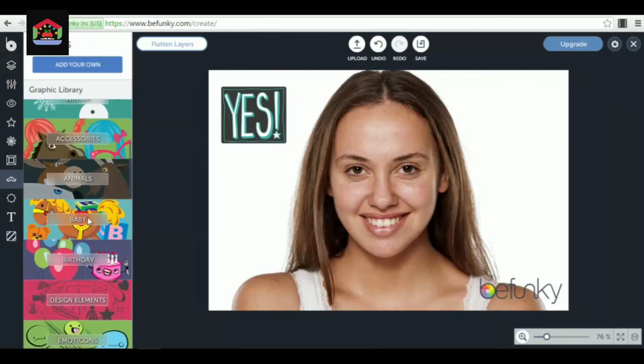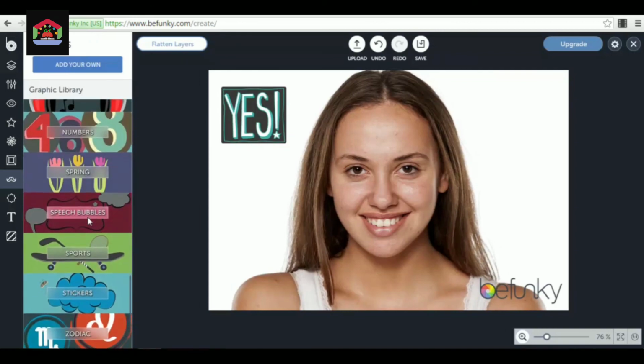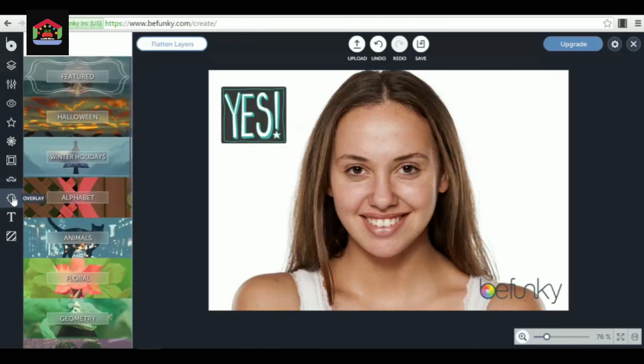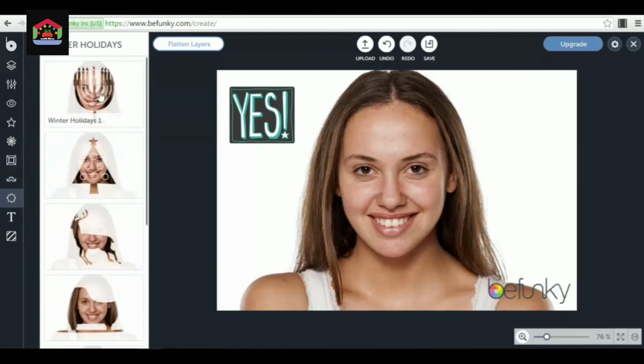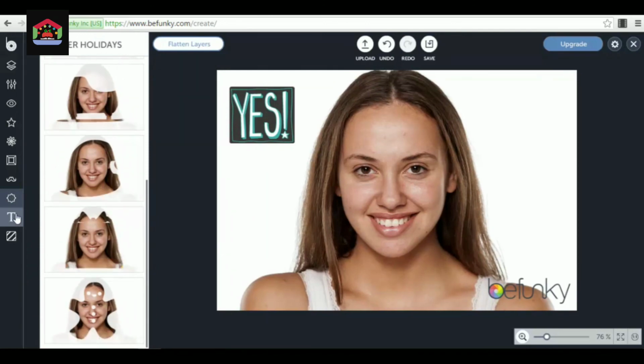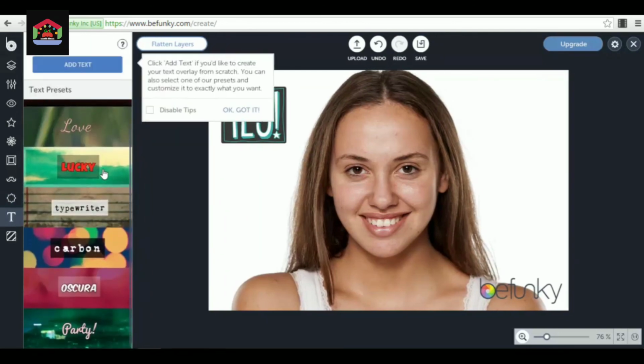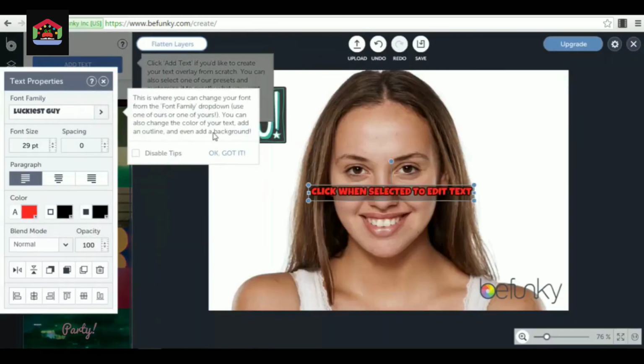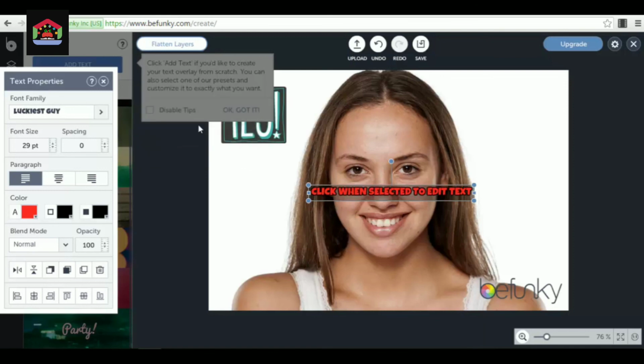You can add different types of graphics that you have here. As you can see, you can select from a very big collection of graphics. You can add your own graphics, icons. I will show you further in this course how to find very good icons and graphics that you can use for your photos. Then you have different types of overlays that you can use, for example the holidays. Then you can add different types of text. For example, my favorite one is this one, lucky. You also get these messages. These are very cool tips that you can use for your images, from BeFunky.